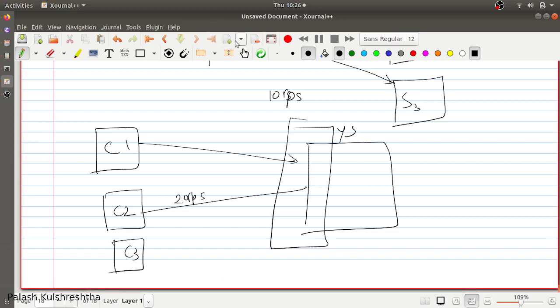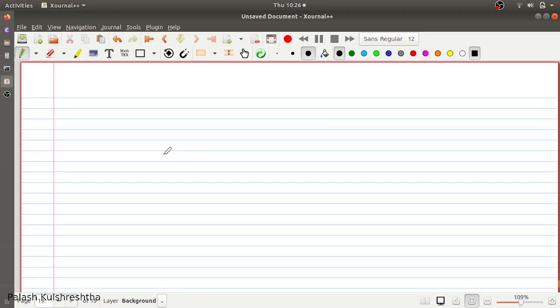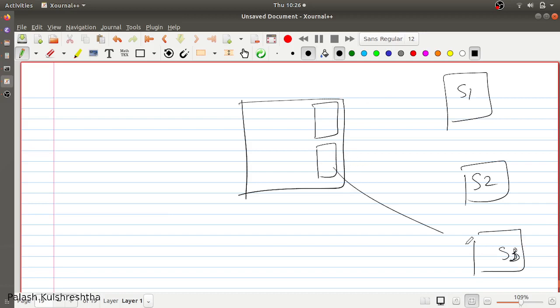For example, let's say your service needs to call S1, S2 and S3. As we have discussed, you can have a pool of resources for calling your services.